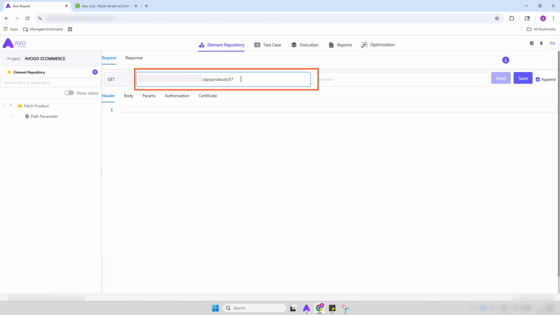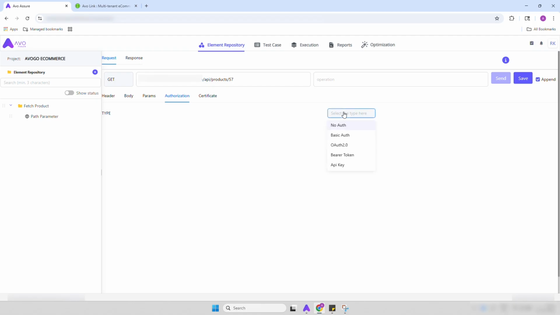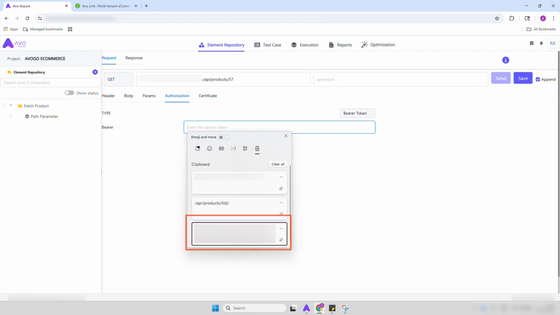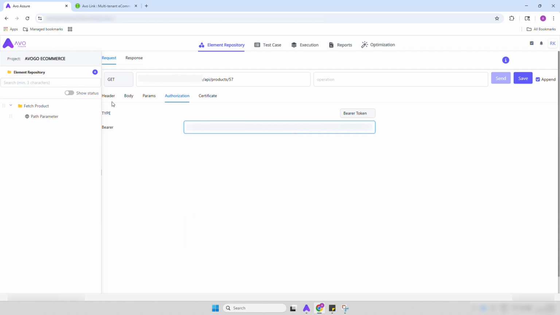as 57, and moving to the authorization part, I'll select the auth type as bearer token and I'll provide the access token. Once after validating all the required fields, click on save button. Similarly,